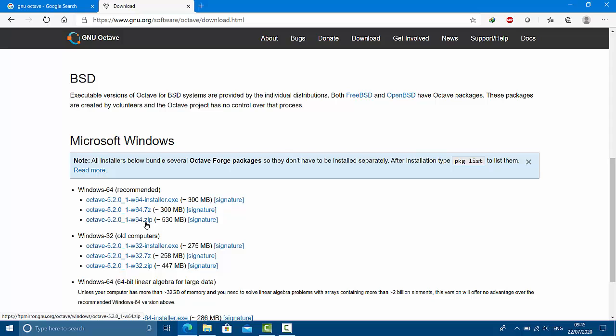Is that fine? So I have already downloaded a zip file for my Windows 10 PC. Okay, so my operating system is 64-bit. Fine. So I have downloaded this Octave installer of version 5.2. Okay, that zip file I have downloaded. Is that fine? If you have, let us say, a Windows 32-bit operating system, then you can go for this version.